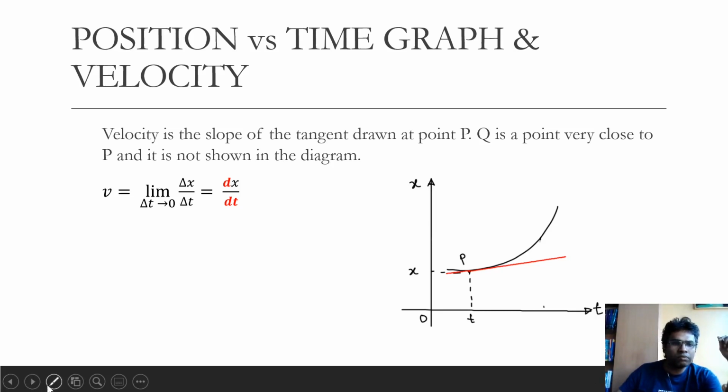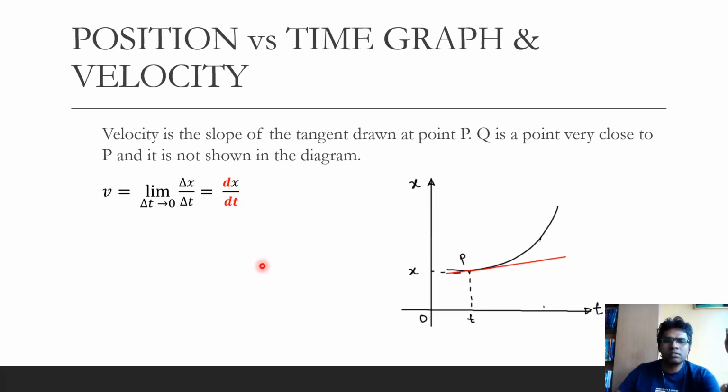limit of the average velocity is written as dx by dt, and then this d by dt you can read it as an operator that works on the position function and then gives you a velocity function. Okay, so this is also known as a derivative. So it's the time derivative of position. Velocity is the time derivative of position.